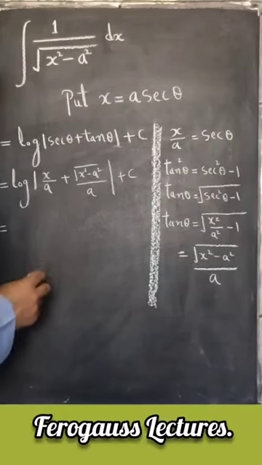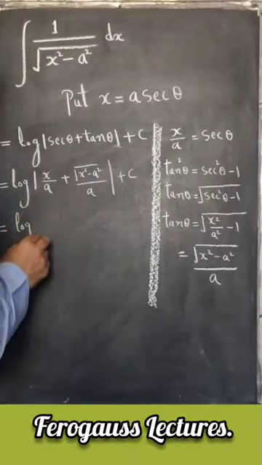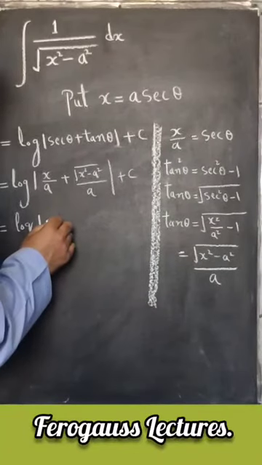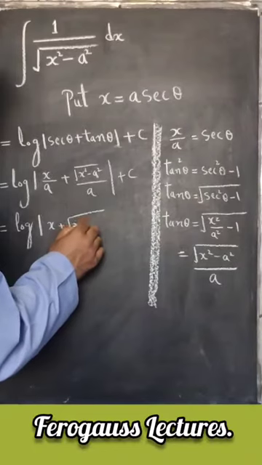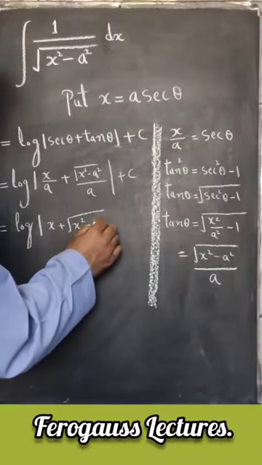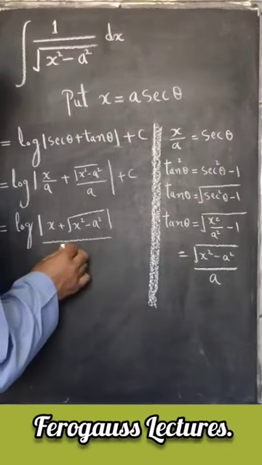That is further equal to log of mod of x plus under root of x square minus a square divided by mod of a